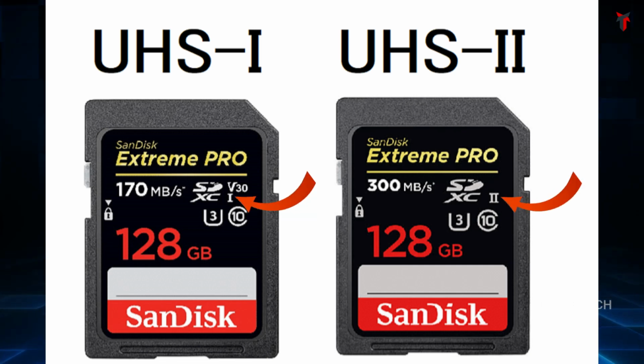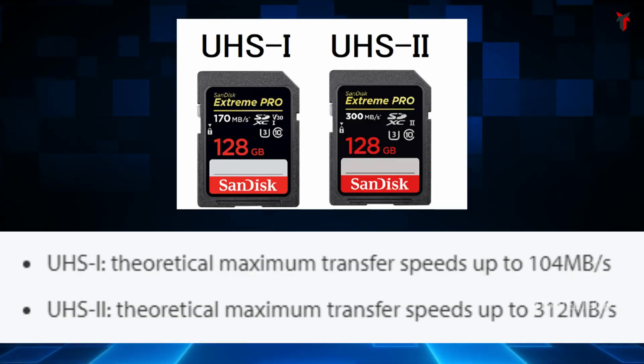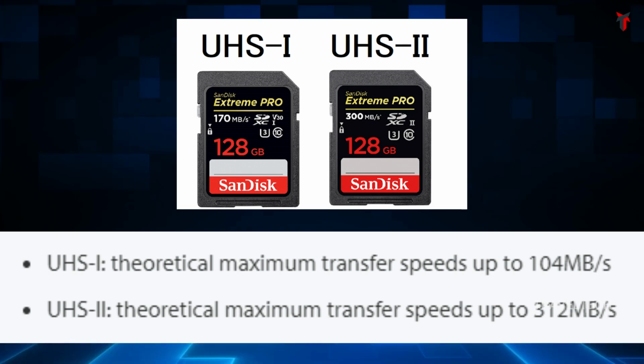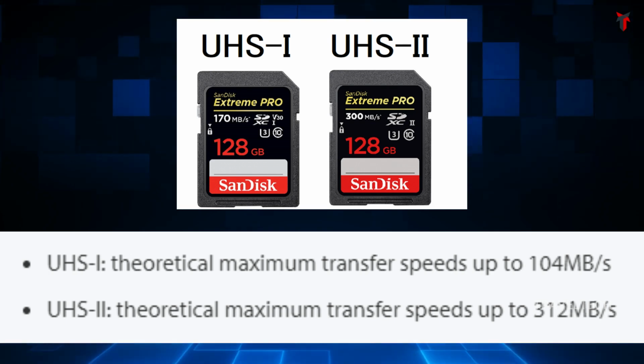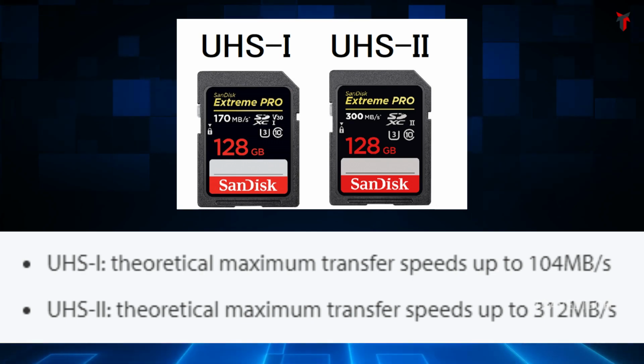So the 1 rating means it is a UHS 1 bus interface memory card, and this particularly means it has a max transfer speed or a read-write speed of 104 MB per second. And if it's a UHS 2, it has a max read-write or a transfer rate of 312 MB per second. So the standard speed class which I just mentioned, the class 10, class 6, this denotes the